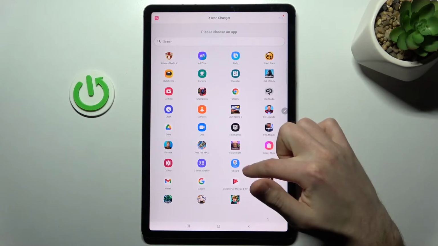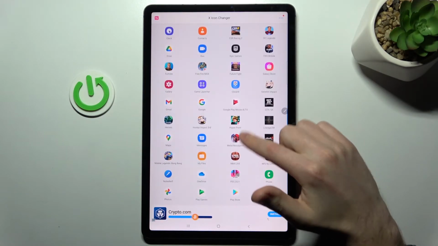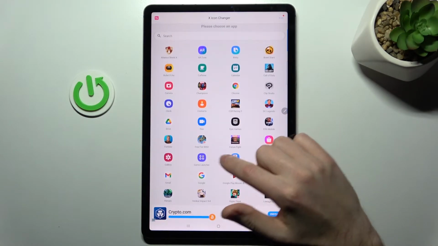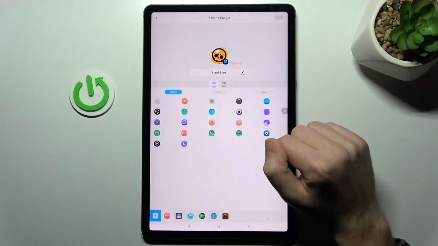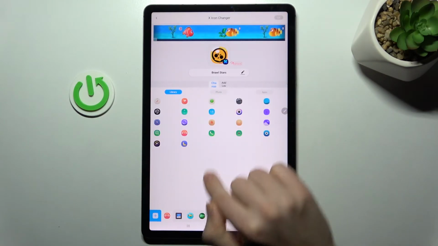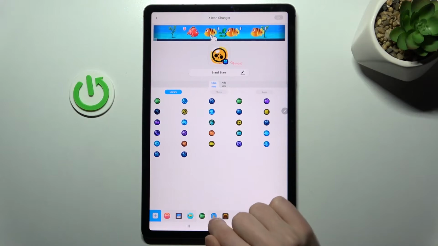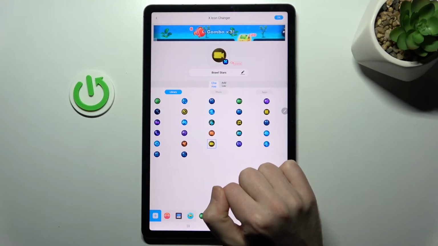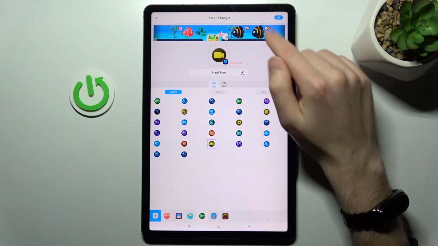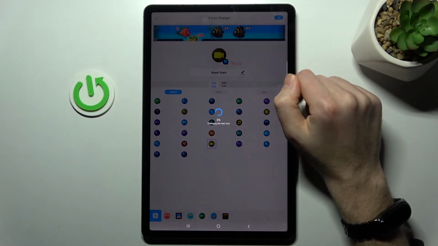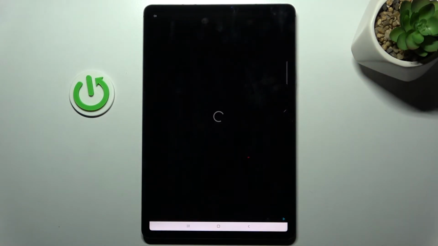Now you choose your application from the list. Maybe Fire. Oh, okay, Brawl Stars will be nice. Okay, so choose your icon, maybe like video icon will be nice, and click OK in the top right corner. Now wait a second for generating your icon,